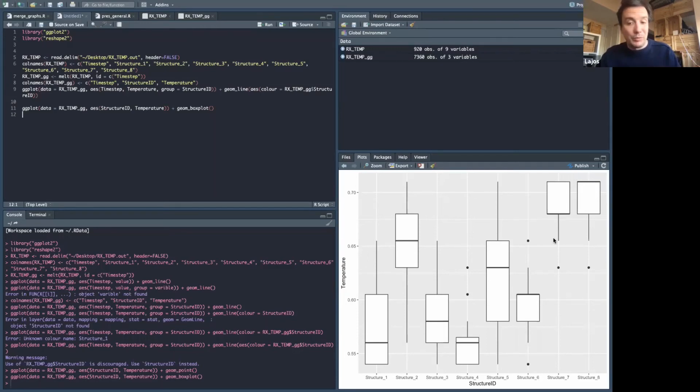Before we go on to other graph types, of course, this is not how a nice graph looks, because you have very small labels. Maybe you don't like the gray background. Maybe you want to make a bit more colors. So what you can see, and this is where the ggplot modular